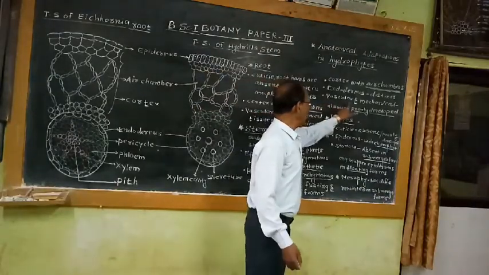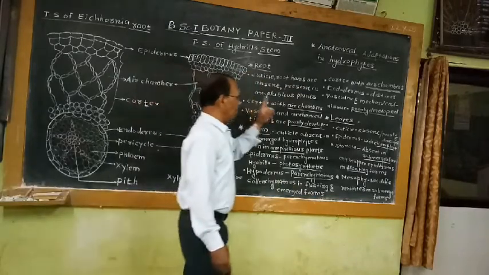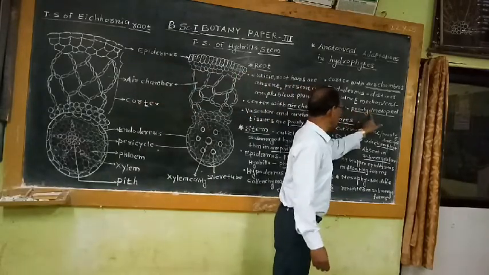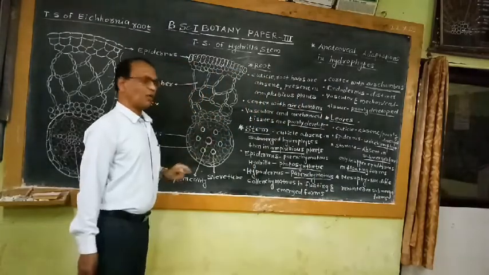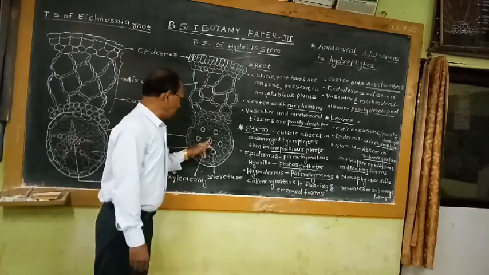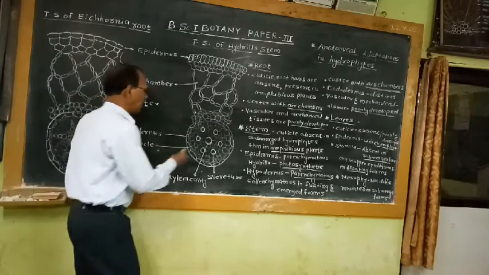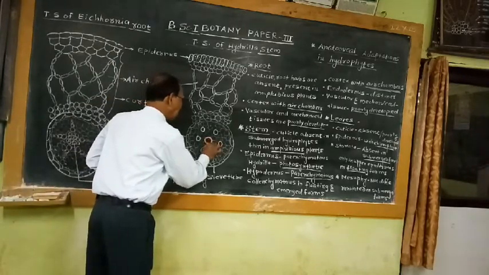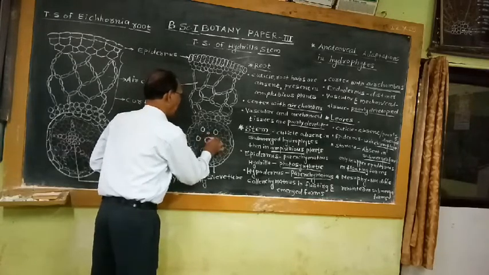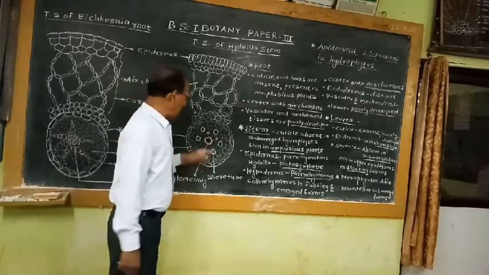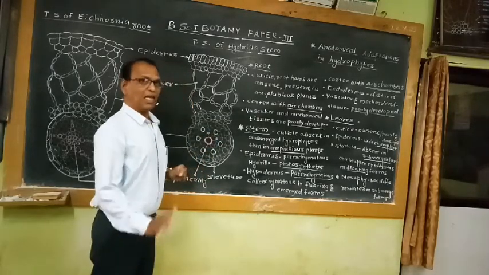The last important anatomical character observed in all these stems is that the vascular tissues as well as the mechanical tissues are poorly developed. In the Hydrilla stem, the conducting tissue or vascular tissue is very poorly developed. Xylem is represented by only a xylem cavity, a few tracheids and xylem parenchyma. Other elements are absent.